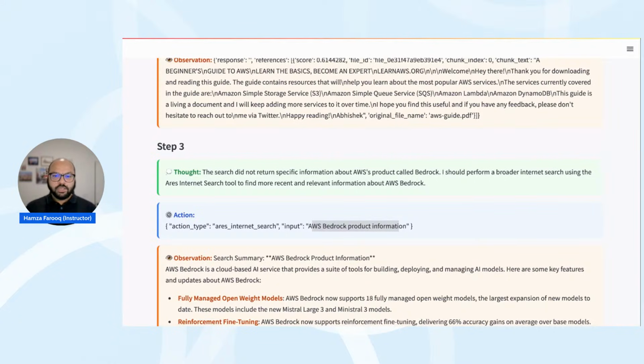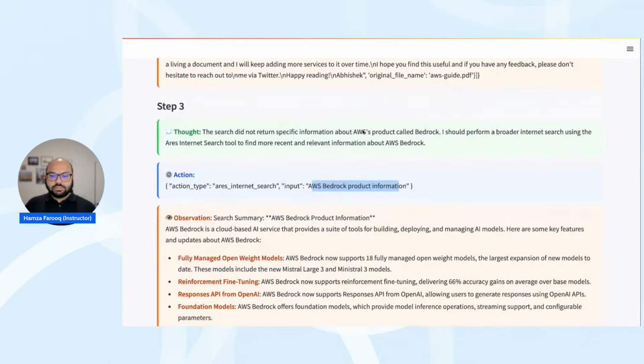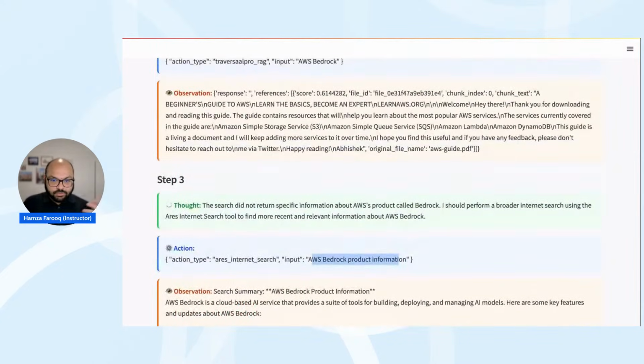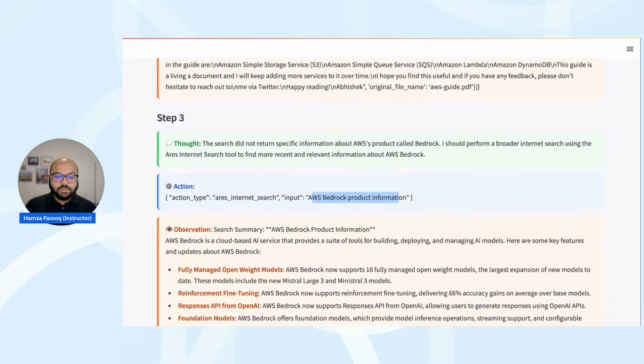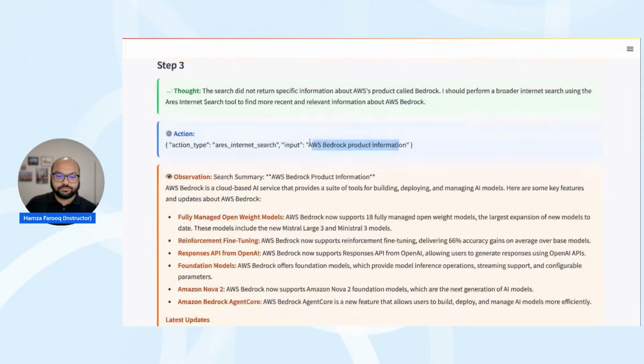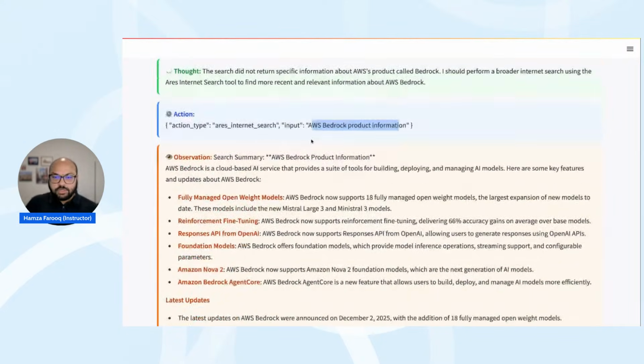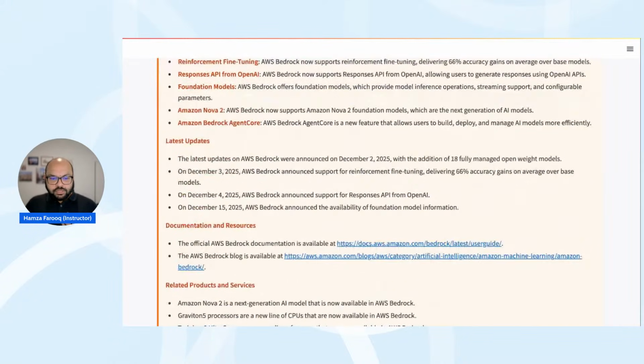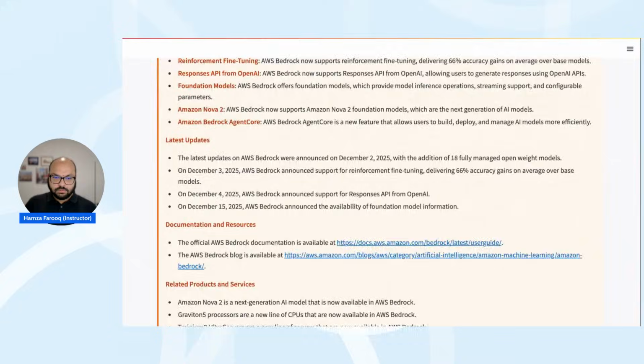Of course, if the RAG had returned something which was relevant, even though the RAG was untrue, it would have followed on to give you the answer. But here it said, I do not have the answer that you're looking for. So what I'll do is use another internet search tool. So it rewrote the query and generated a response, right?